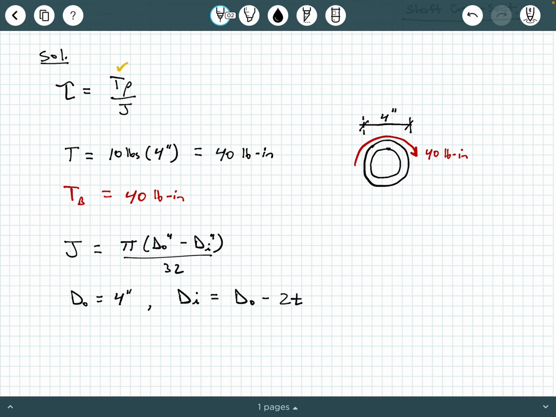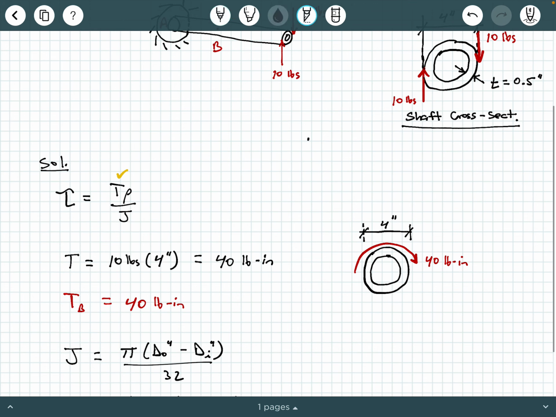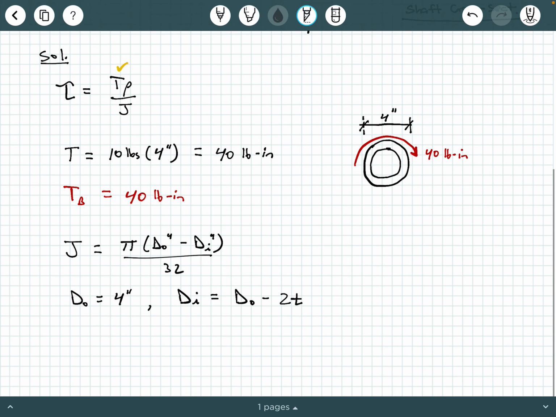Now, you may be wondering, why is it minus 2 times the thickness? Where does this minus 2 come from? Well, remember, the outer diameter is 4 inches from here to here, and to get to the inner diameter, you need to subtract off the thickness on either side of the shaft. So outer diameter is from edge to edge of the shaft section, and then you're subtracting one thickness and then a second thickness to give you this inside diameter here, okay? So when you have 4 inches minus 2 times the thickness, that's going to give you 3 inches here,